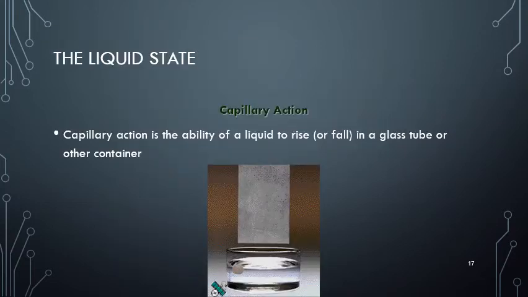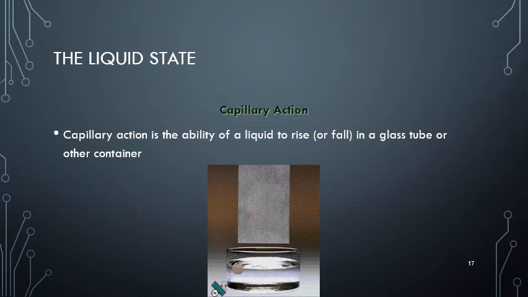The last property that we're going to look at is dealing with capillary action. So capillary action is the ability of a liquid to rise or fall in a glass tube or other container. This is due to the attractive forces that are occurring between the liquid itself and the glass or the plastic in the container. You can think about just a straw that you would get at Chick-fil-A or McDonald's, where a lot of people are just sitting there playing with their straw when they're talking, they're bored. But if you ever look, the level of the drink inside of the straw is always above the level of the liquid in the cup, and that's due to that narrow opening that allows it to